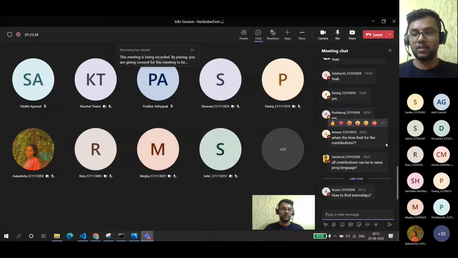Firstly, before pinging, you have to check if there is an internship opening, right? So first visit the career page of different companies and check if they are hiring, take that link and just send it to the employees of that company. Ask them for referrals, or you could directly apply.